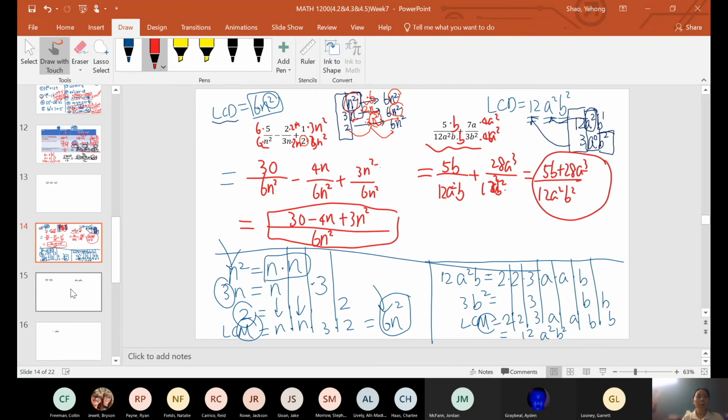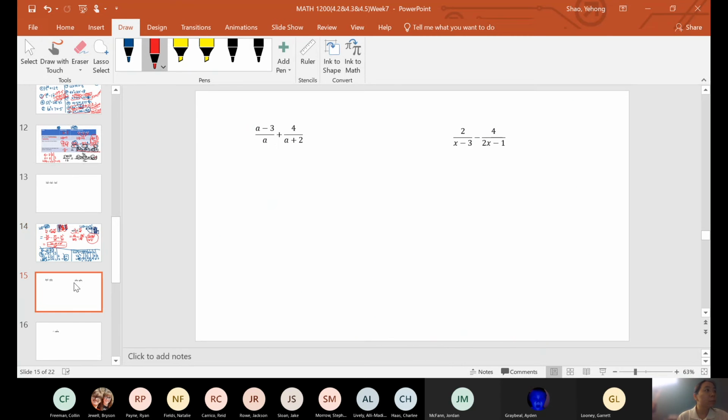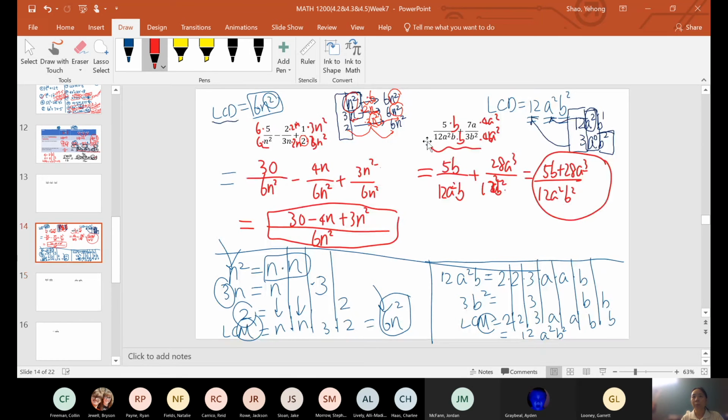Okay, so now I'm going to look at the other type. It's still addition and subtraction, but in the denominators, you may have a plus or minus in there. Previously, we did not have any plus or minus. It's 3n squared, 6, you have n squared, that's all multiplication. You have 3n, that's multiplication. 2, of course,